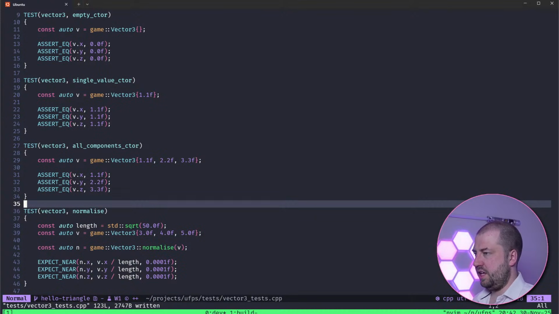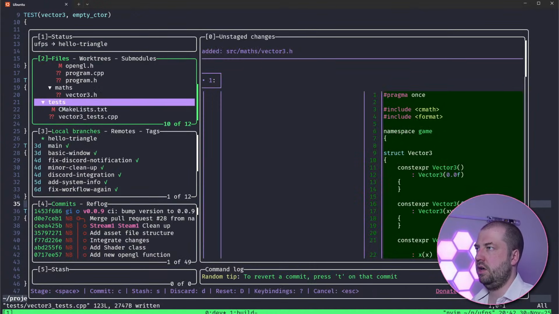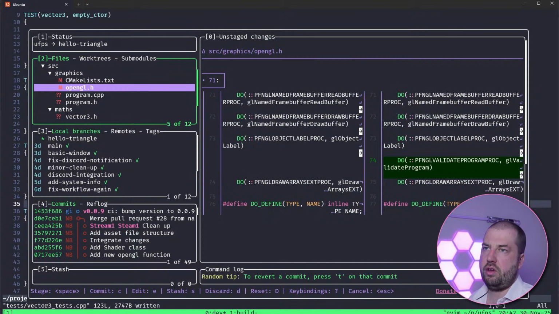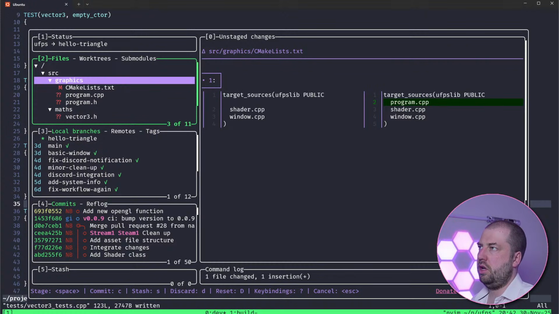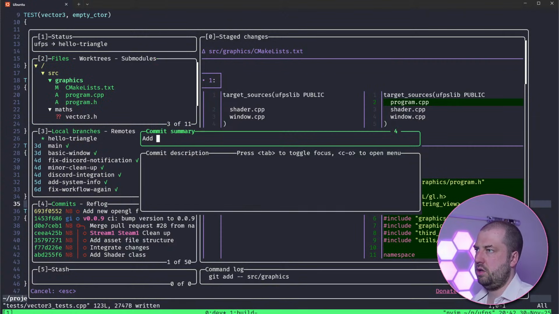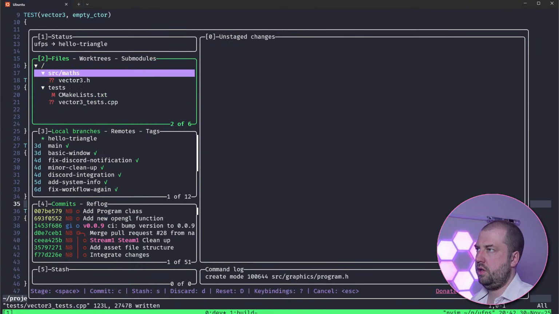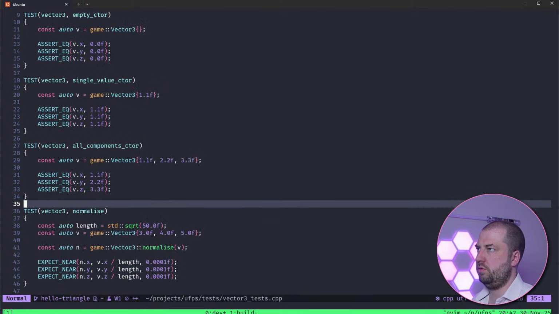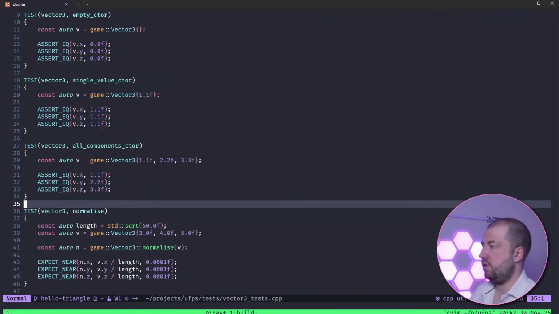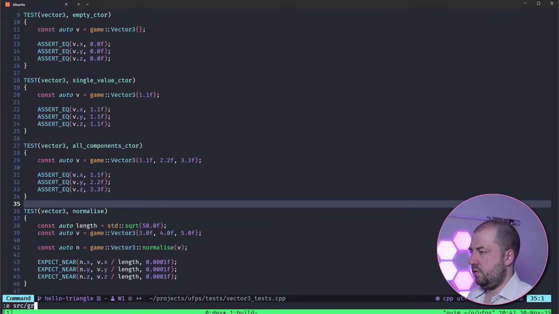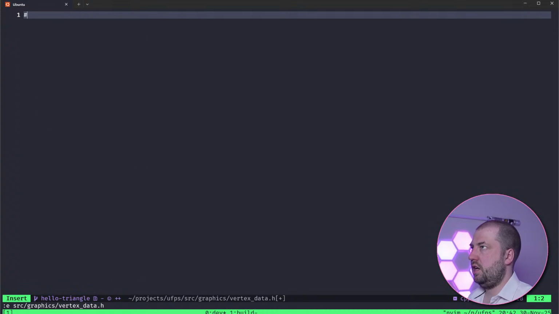Okay, so now we got this. Let's just commit some of this up because I feel like we've made quite a lot of changes so far. So add new OpenGL function, add program class, and then shader. Add vector3 class and tests. Okay, fine, cool, done. So let's do source graphics vertex data dot h, and now